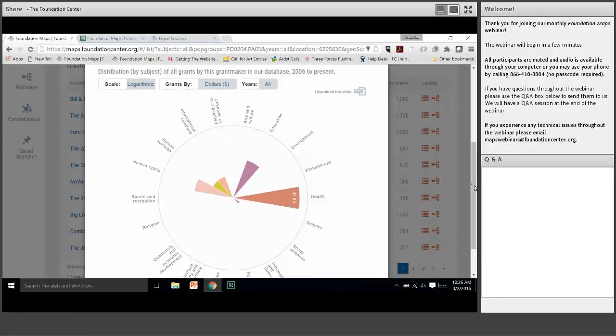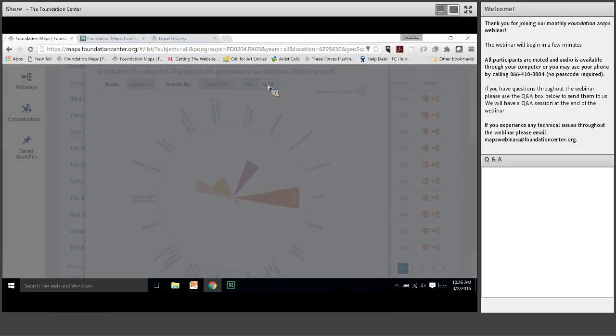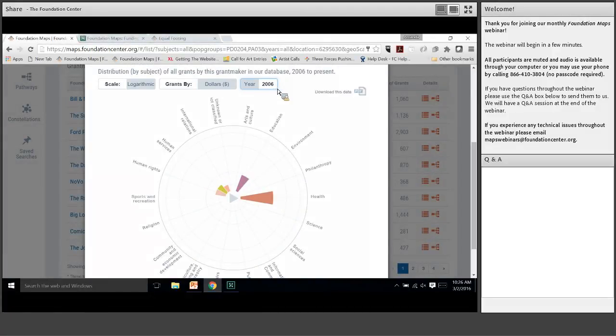And this is looking at their grant making starting in 2006. But if we want to see how giving for this population has changed over the years, we can click that year button here, and then this play button will appear in the middle. I'm going to click that, because then we'll see how grants across these various categories have changed